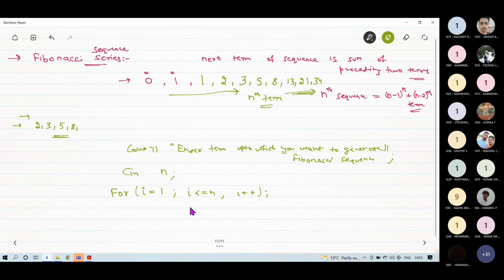Now, before this for loop, I will initialize two variables with the first two terms. These first two terms I have to define before the for loop.